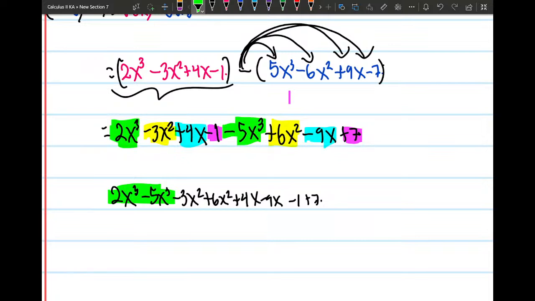So we have, it's gonna be negative 3x cubed, right? So that's what we have here. And then negative 3x squared plus 6x squared, so that'll be